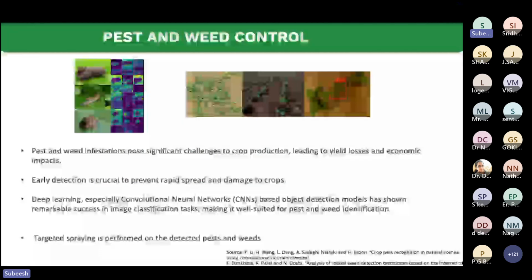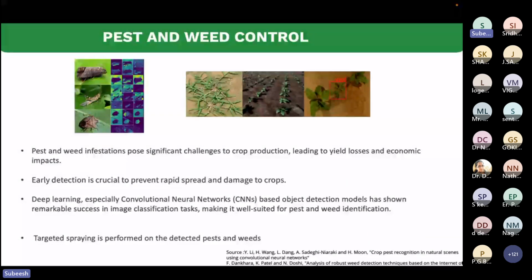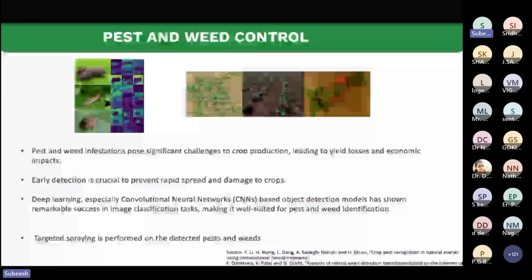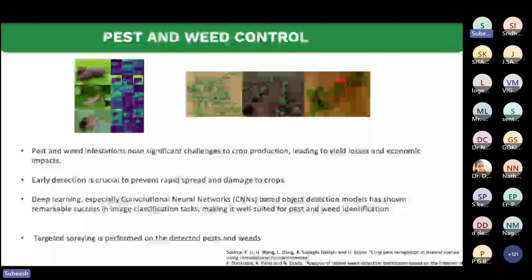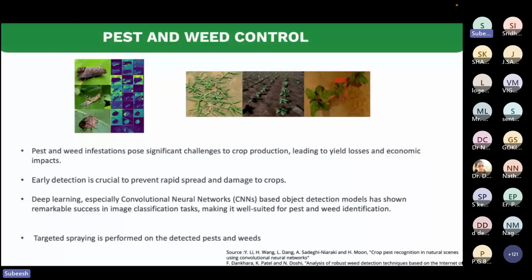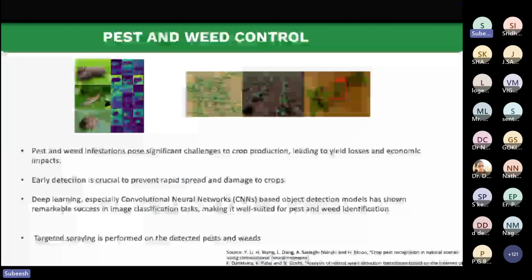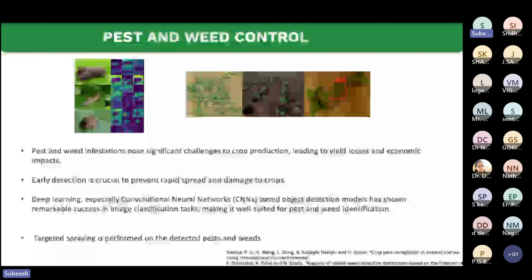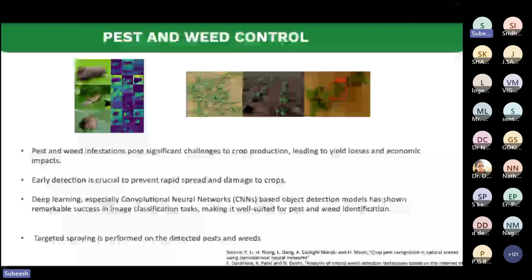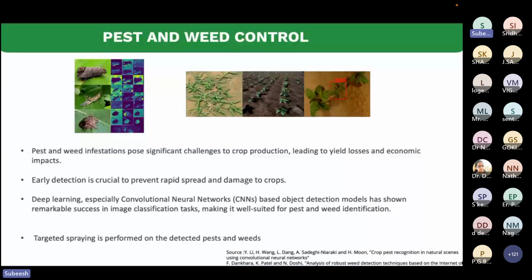Again, pest and weed control is another application area where, as I said, targeted spraying can be achieved. We use deep learning based models. Again, I'm not going to the architecture level because I just wanted to cover the application areas, mainly because the architecture, CNN itself, is not just a simple CNN. You can use so many fusion architectures or even transformers or any other architectures. It's just covering the application areas now. So deep learning, again CNNs and object detection models. Another thing I wanted to tell is, if it is simple, you have to keep it simple.